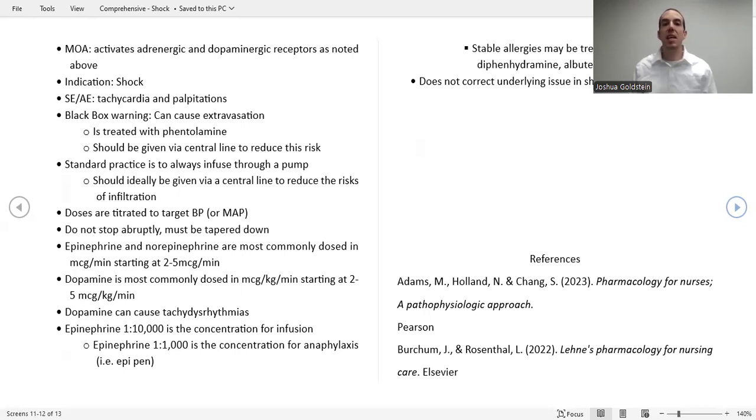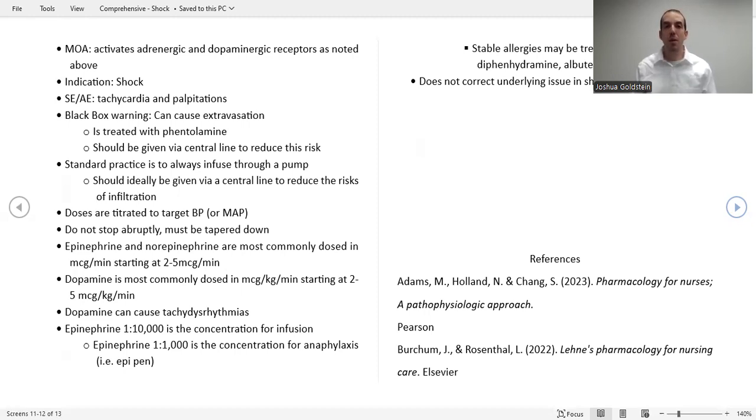Standard practice is that these medications are so potent that if we give the patient too little, they're not getting the life support that they need out of these drugs. And if we give them too much, we could send the entire sympathetic system into way overdrive and cause them to have a heart attack and die. Therefore, we try to always have this medication be given on a pump, not just through eyeballing it or guessing the drip rate. These medications, like I already mentioned, are generally titrated and tapered based on the target blood pressure, usually systolic,